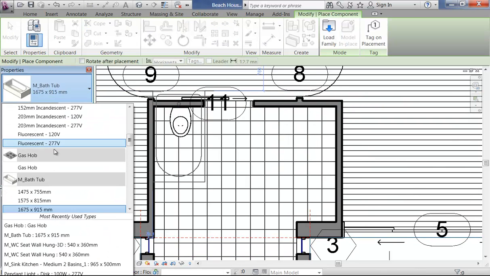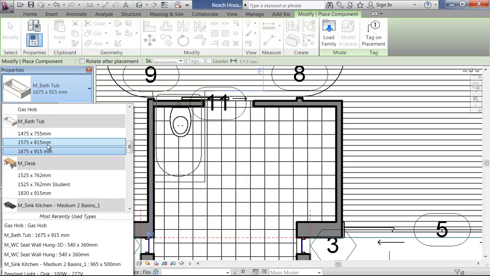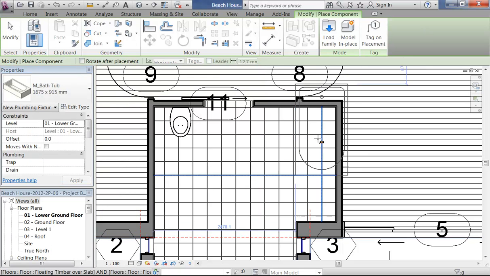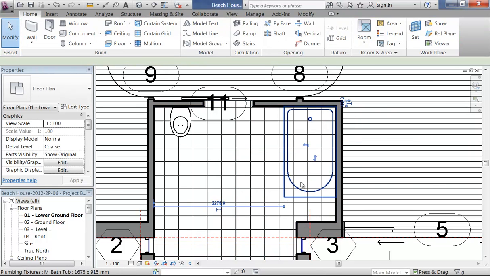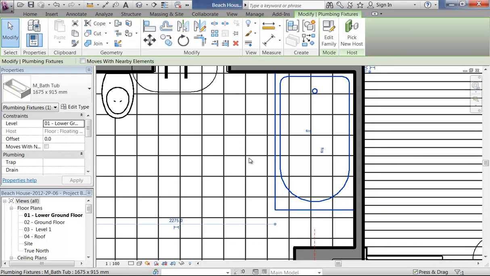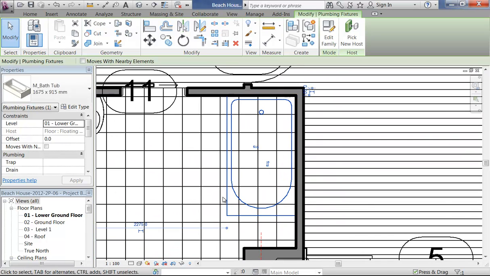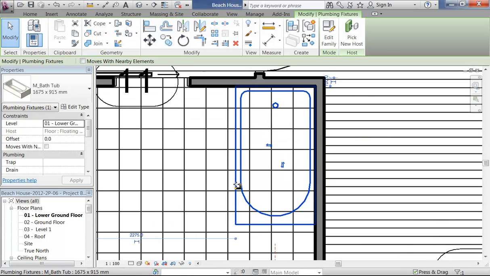Now I'll just see what sizes are loaded already. Not many, so I'm just going to place the size that I've got. And again, it's got an issue with the display there, not showing the tiles properly, or showing it's not covering the tiles properly. So again, I'm going to do the same thing to fix that family. So back to edit family,